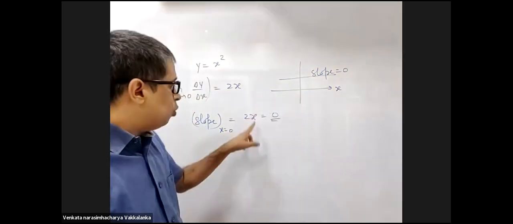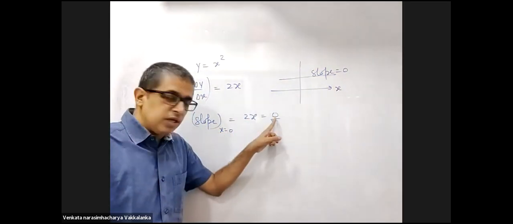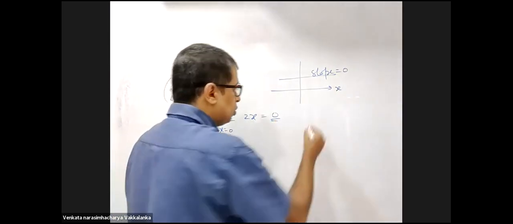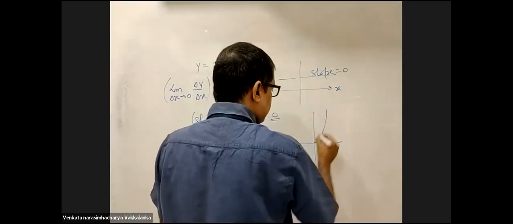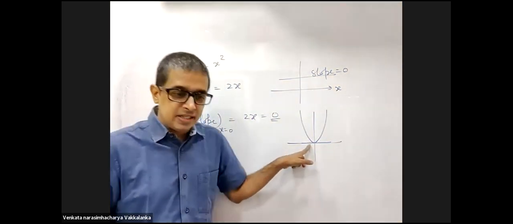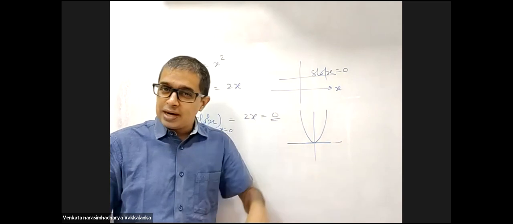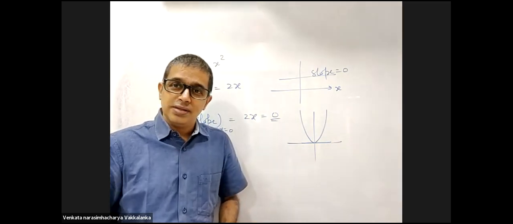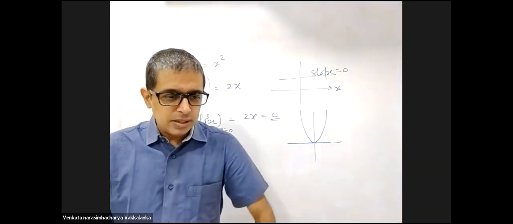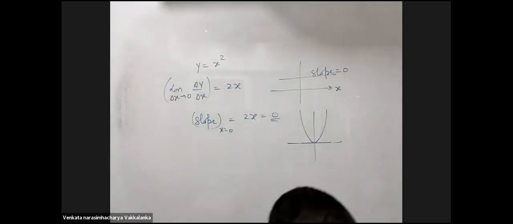Right? So you mean to say at x equal to 0, the slope will be 0. You just now drew the graph for a parabola, right? It was like this. At x equal to 0, if I draw a tangent, don't I get a line parallel to the x-axis? Yes, sir. Right? Few other graphs just for your understanding.